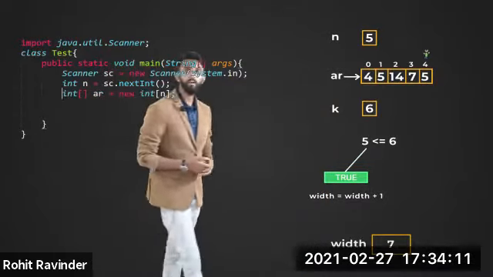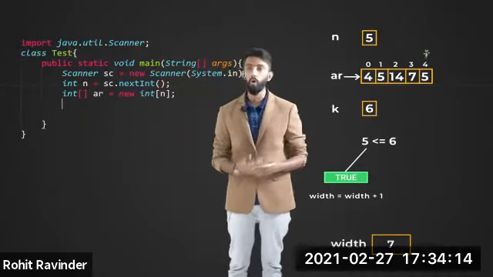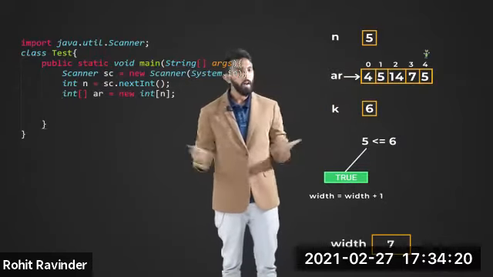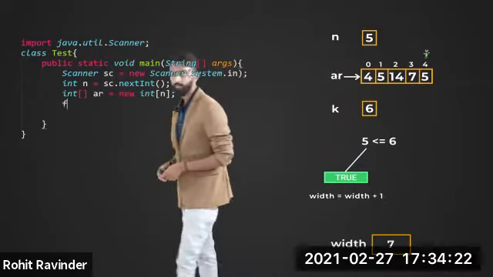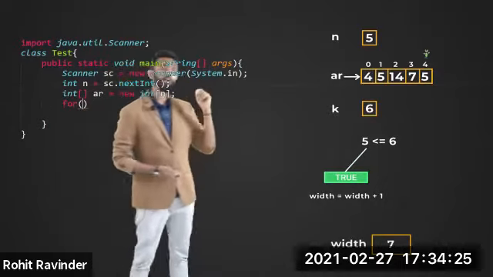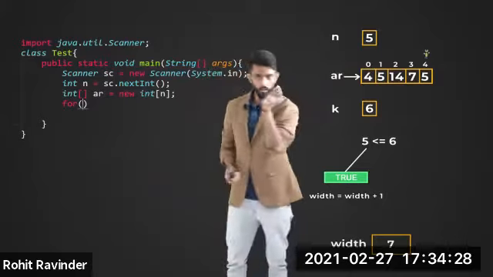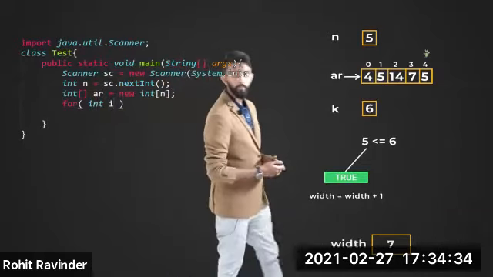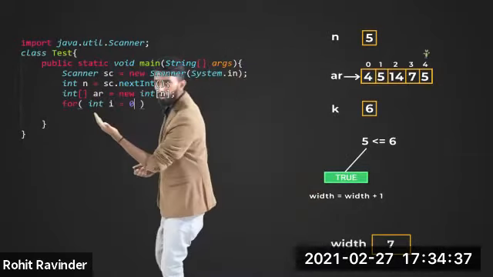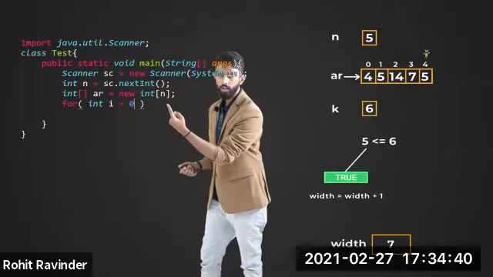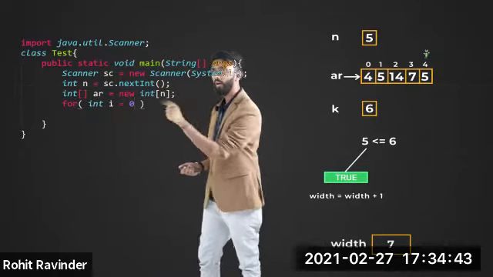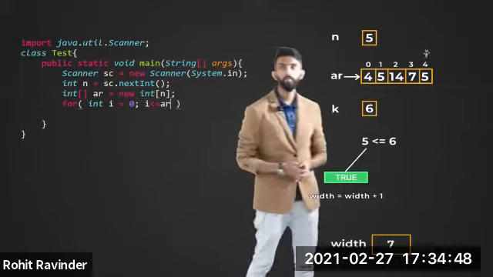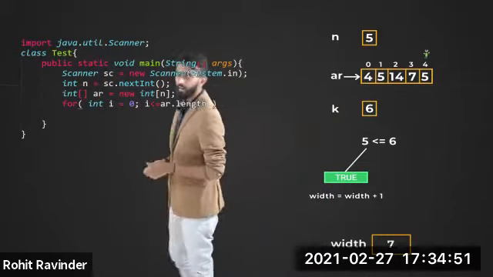Now, in this next line, I have to run a for loop which is going to take integer input and store it in a particular position in the array. How are we going to do that? Simple, I will write for, and I would like to begin from the 0th index. So I will create an integer variable i, which is my looping variable, and I will initialize it to 0. And I will say you must go till at most the end of this array. In general, you can write i less than or equal to AR dot length minus 1.